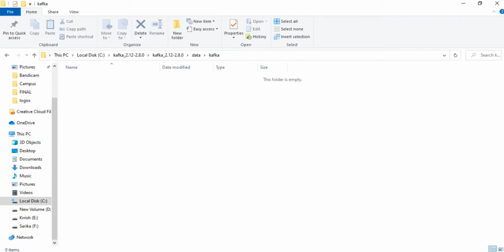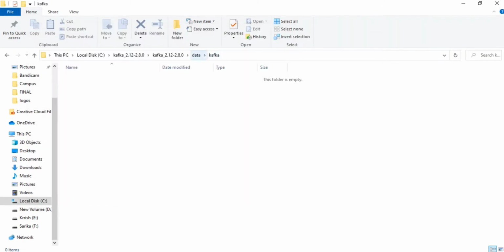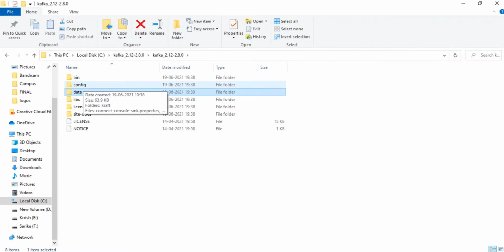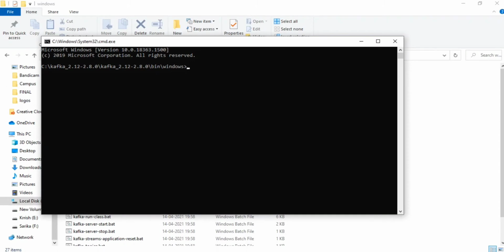So the next step is just to run Zookeeper first. Once we run Zookeeper, then only we can run Kafka on top of the framework that we have installed on the Windows machine. So I will just go to the command prompt. If you are comfortable going to paths similar to Linux, then you can just cd into all the paths from here, or there is one shortcut. If you always want to access some folder from your terminal, or command prompt, you just go to that folder, the Windows folder from bin, click here, write cmd, enter. So you don't need to change directory. You're already in the directory.